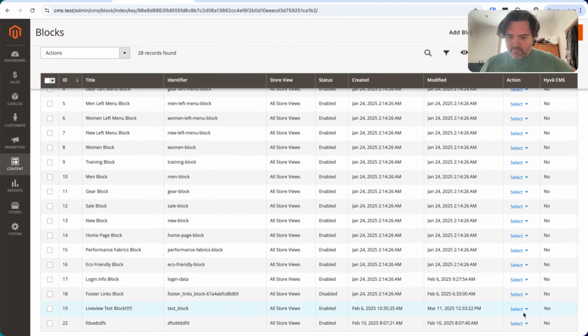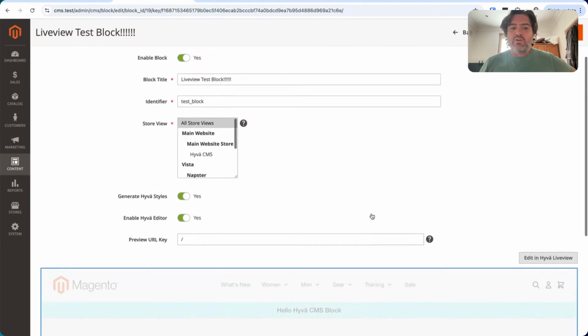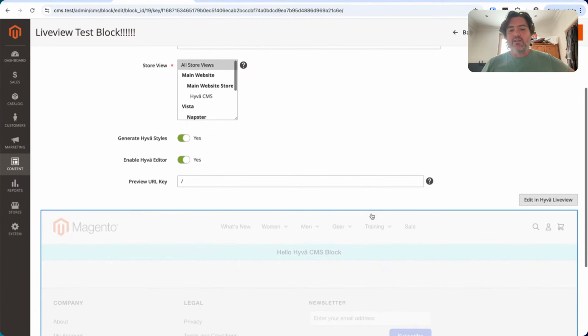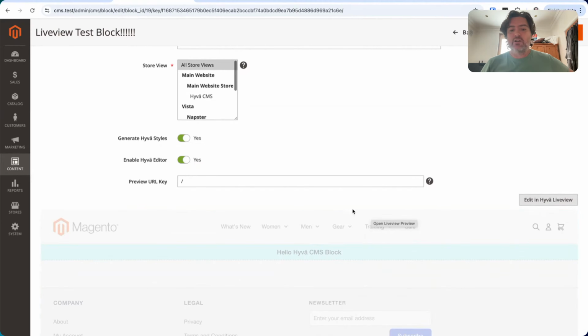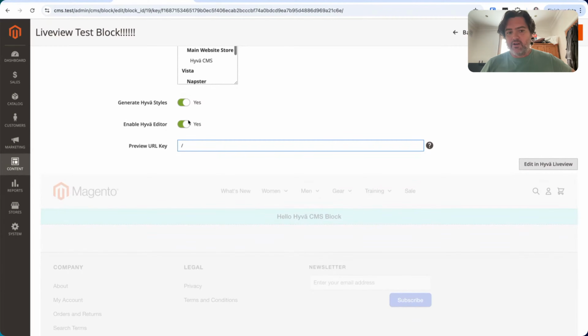So I have a CMS block here, I think, or a couple. Yeah, it must be this one. I'll go in and edit this. What's different about blocks is that they can live in lots of different places. They can be on lots of different pages, or on every page. So what we've added here is a preview URL key. If I remove this and hit save, at the moment it was previewing on the root of the website.